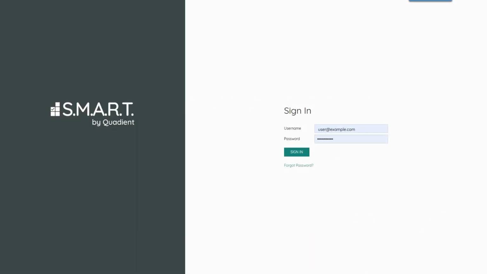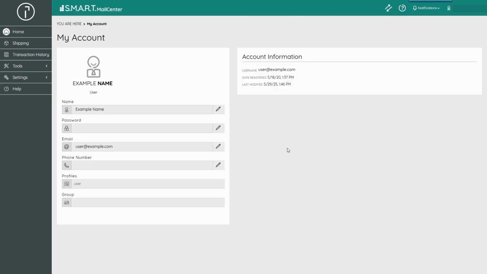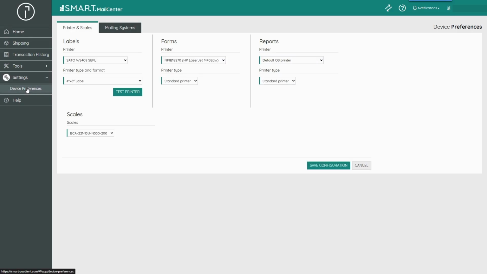Each user logged into S.M.A.R.T is required to set up their device preferences. To do this, first log into S.M.A.R.T. Then, proceed to Settings. Select Device Preferences. In this section, you have the option to select the printers, scales, and mailing system if you are a mailing